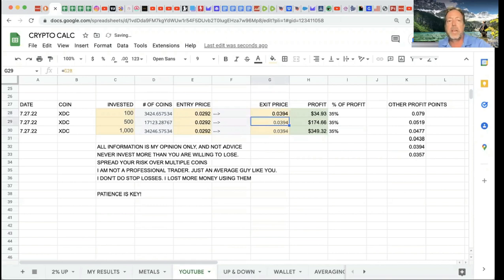0.0394. Don't leave, guys, because I'm going to share with you how you can get this spreadsheet. 0.0394 comes up to 35%. And if I've got tons of money and you're like, you know what, I love XDC and I'm okay to hold on it for a year rather than my money just sitting in my bank account earning a measly 1%, I'm going to put it at